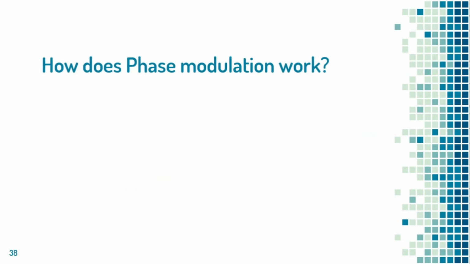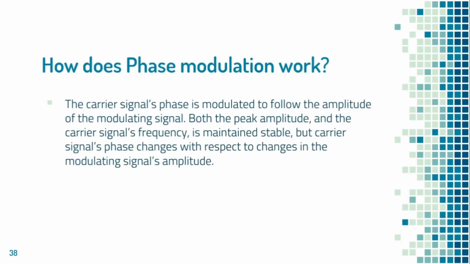So how does phase modulation work? So phase modulation works by the carrier signal's phase is modulated to follow the amplitude of the modulating signal. Both the peak amplitude and the carrier signal's frequency is maintained stable, but carrier signal's phase changes with respect to changes in the modulating signal's amplitude. So like FM, sa FM,